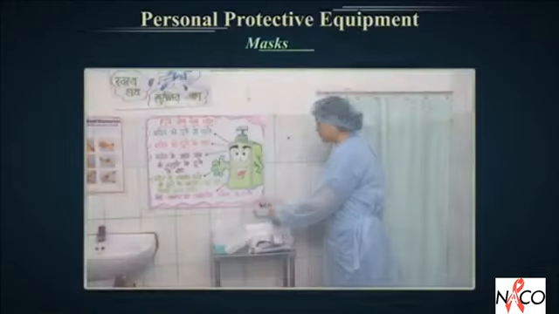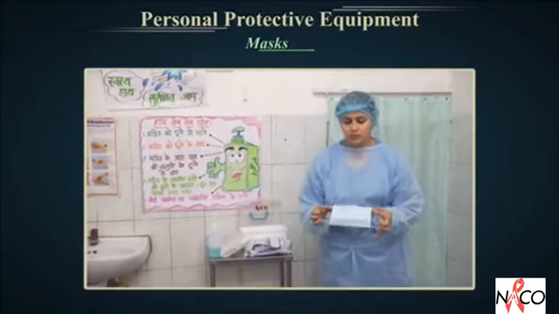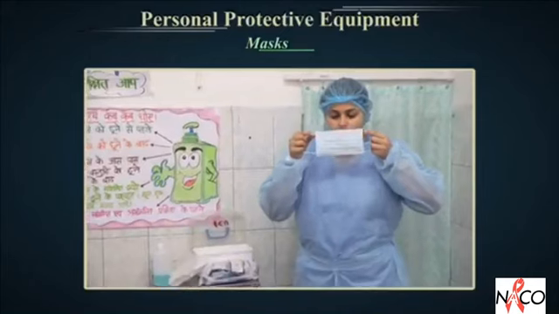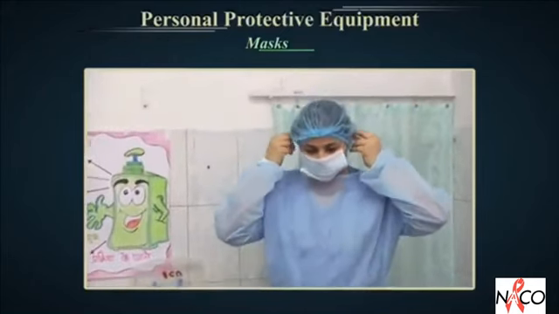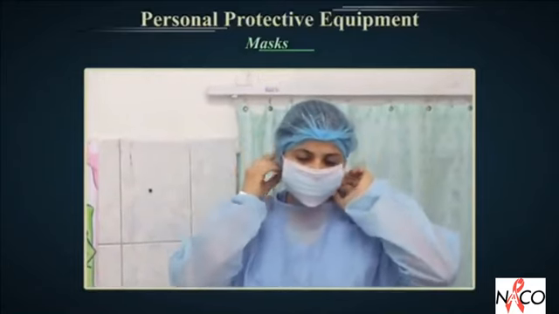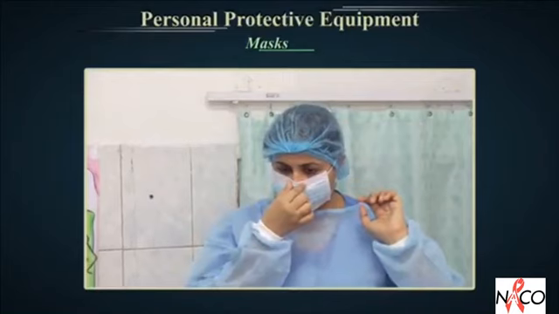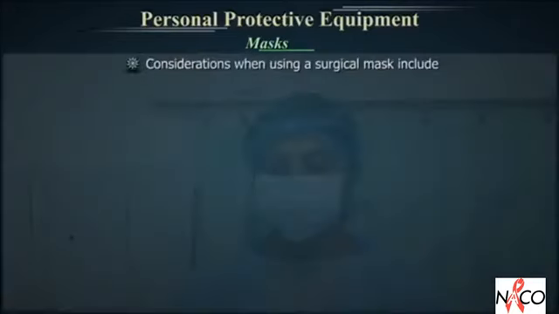Mask. Wear a mask to protect mucous membranes of the mouth and nose when undertaking procedures that are likely to generate splashes of blood and other infectious material. Wear surgical masks as part of standard precautions and also when droplet transmission is expected in patient care, for example, patients with TB or measles. They are loose-fitting, single-use items that prevent splashes or sprays from reaching the mouth and nose of the person wearing them. Considerations when using a surgical mask include: